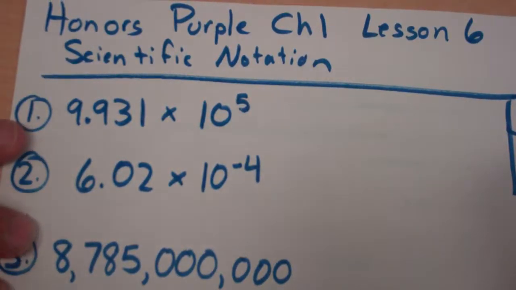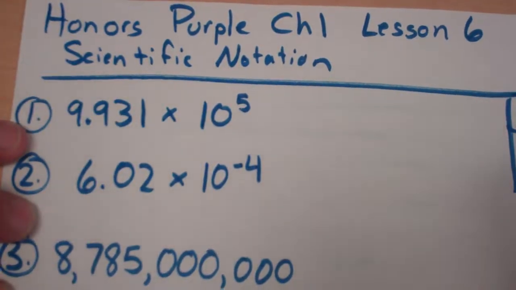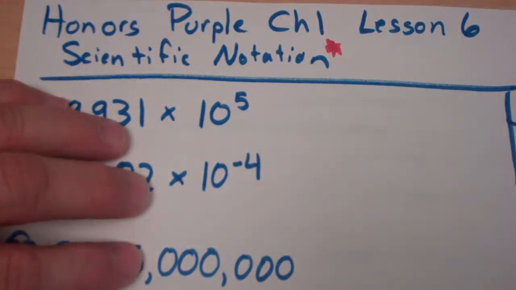Alright, this is from the Honors Purple Book, Chapter 1, Lesson 6. It's on scientific notation. So we need to understand what scientific notation is. Scientific notation is a way that we can write really large or really small numbers in a way that's easily